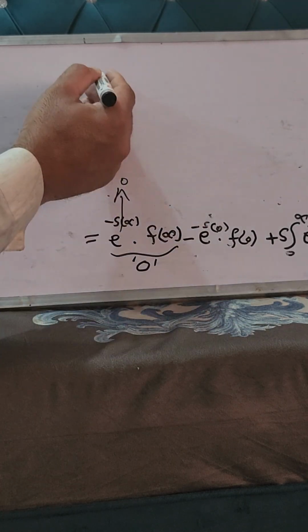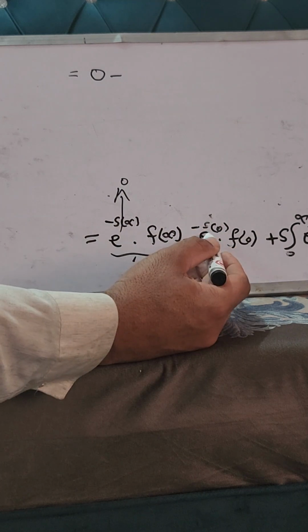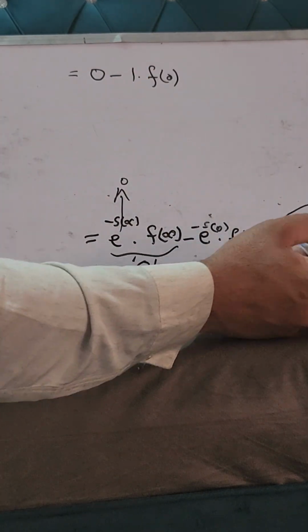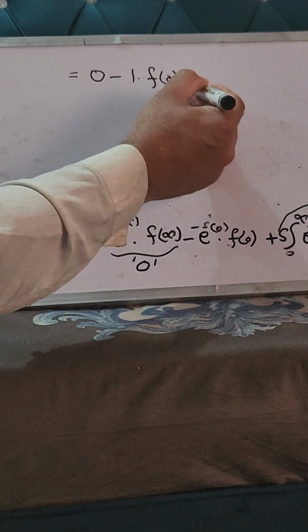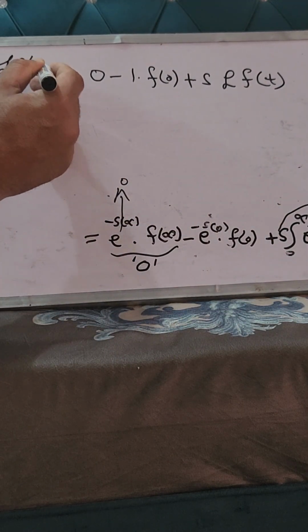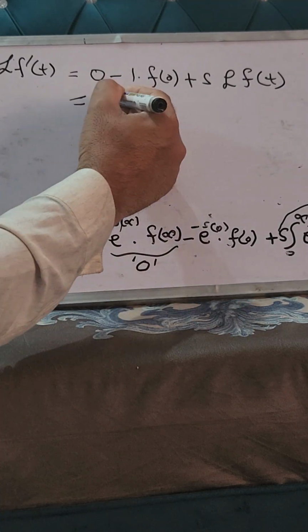So this equals 0 minus e to the 0, which is 1, times f of 0, and this over here is the Laplacian of f of t, plus s into the Laplacian of f of t. This is the Laplacian of the first derivative of f of t. So this equals, rearranging,